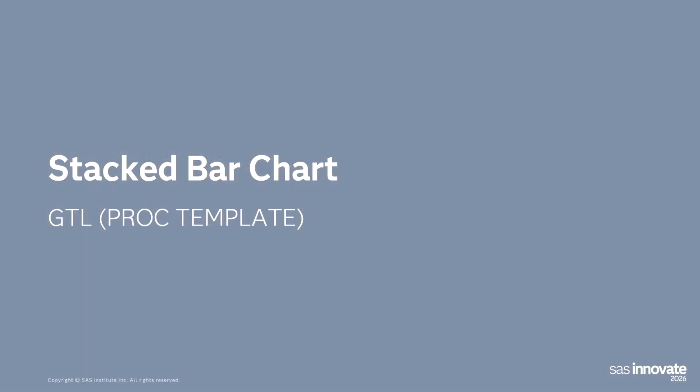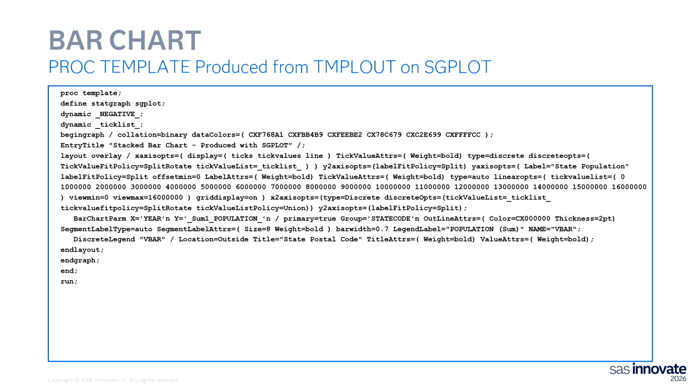So now we're going to go with the stacked bar chart. Y'all want to see the code that SAS generated for us? You ready to see it? Here's your eye chart. That is very difficult to read. It's horrible to read, but it works. This code will produce the stacked bar chart using GTL. I know Susan was like, I can't read that slide, can you fix it? And I go, no, the whole point is to show you what SAS has given us.